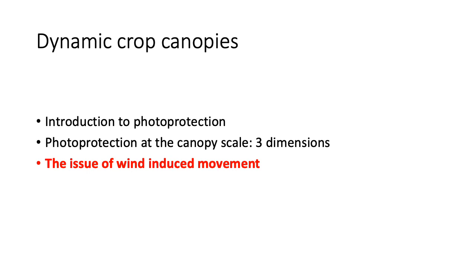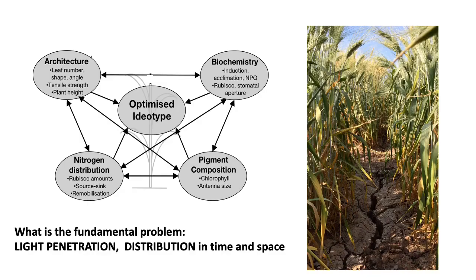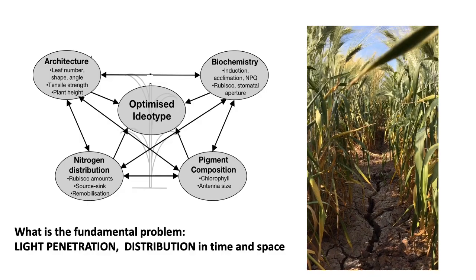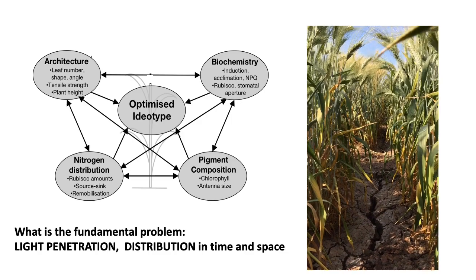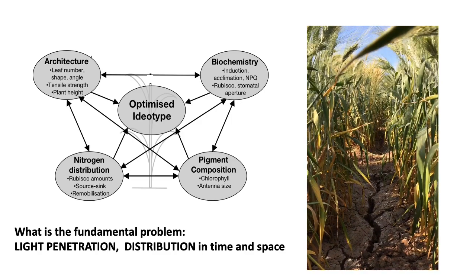Lastly, I'd like to consider something novel, and that is the issue of wind-induced movement in canopies. When we consider an optimized canopy architecture, we look at properties such as architecture, so leaf number, shape, angle, plant height, etc. We can consider biochemistry, the activation state of rubisco, stomatal dynamics, NPQ, as we've seen in this